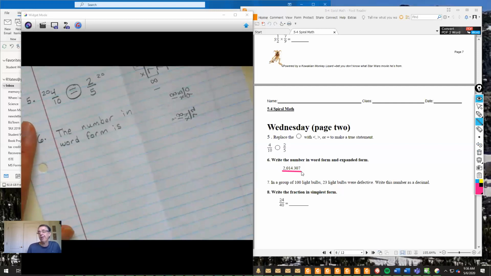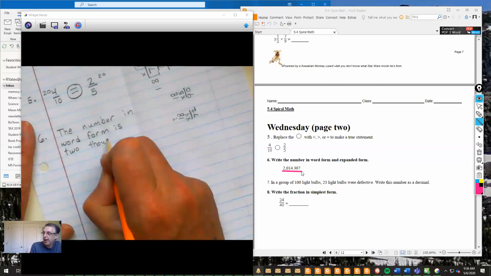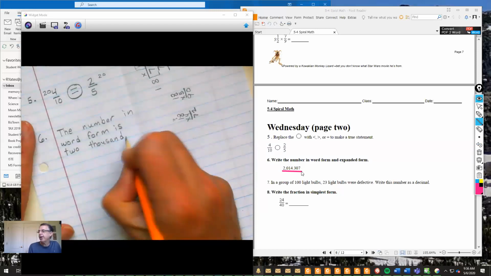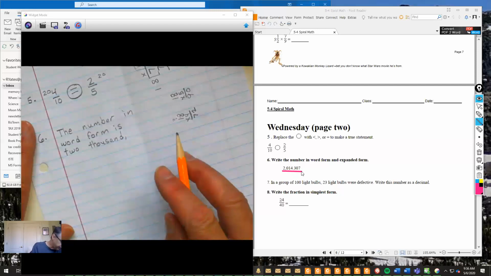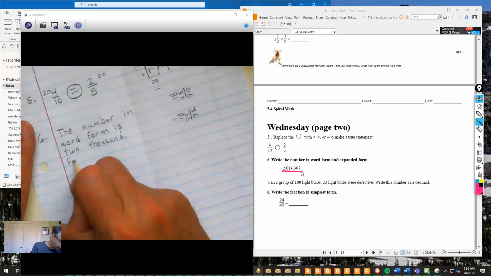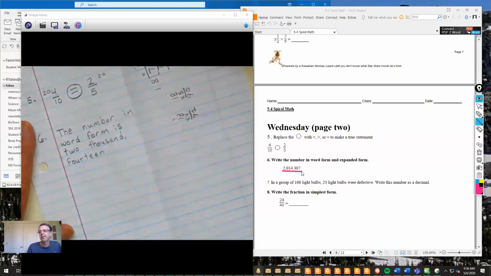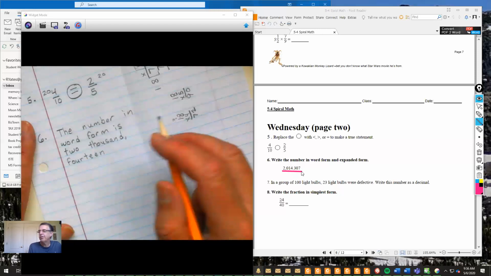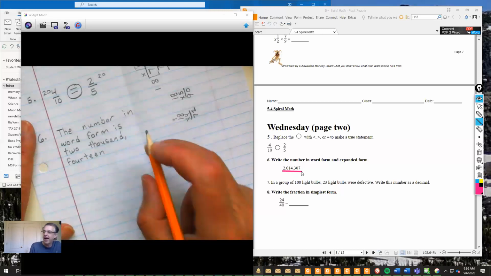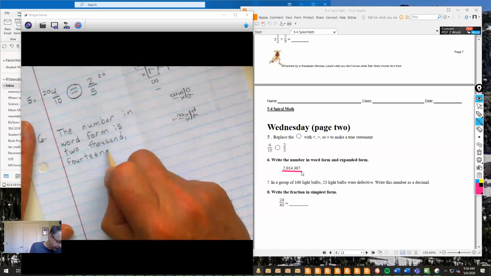So I'm going to check to make sure I'm spelling correctly. So the number in word form is 2,000. Because there's a comma after the 2, I'm going to write a comma there. 2,000. There's a 0, so I'm not going to write anything after that. Then I'm going to put 14. Notice how I spell 14. 14, and just plain old 14. 2014. I've got a decimal, so the next thing I'm going to do is write and. That's the only time I write and is when I have a decimal. And